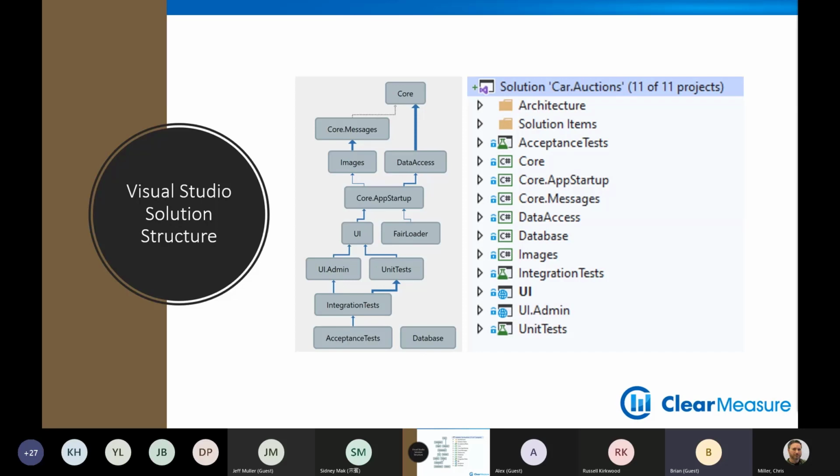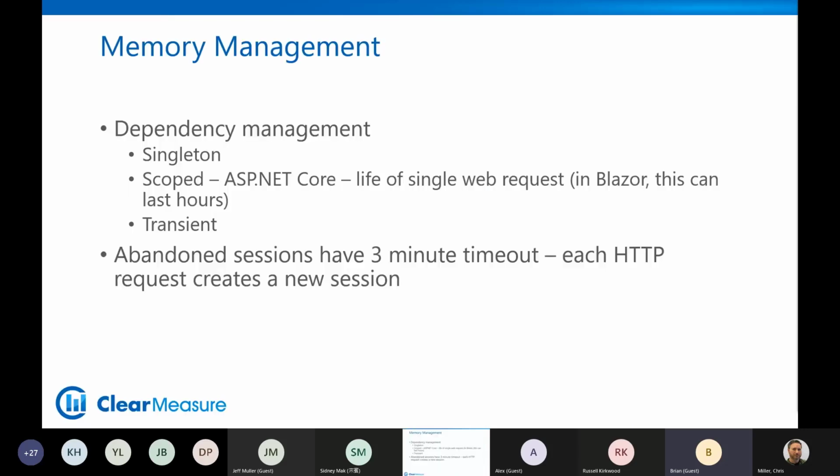After all, the performance characteristics or the load characteristics of these two applications are vastly different. Typically, the public application, in this case UI, is going to have much greater load on it than the admin application, which is used by two people. So then you have some segmentation on server resources, and you don't have to scale up both of these. Maybe you only have to scale up one. They have different user bases, so you get more flexibility in controlling that.